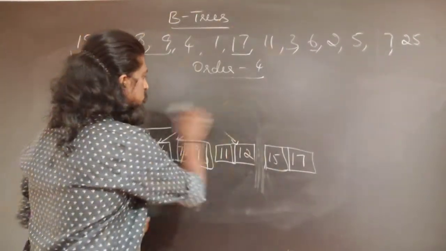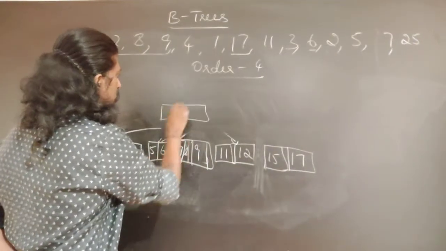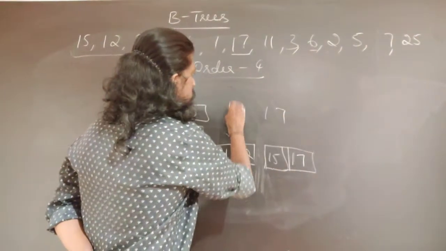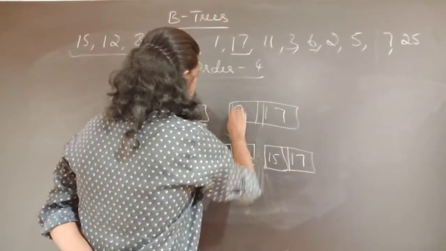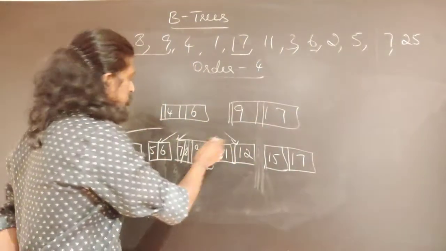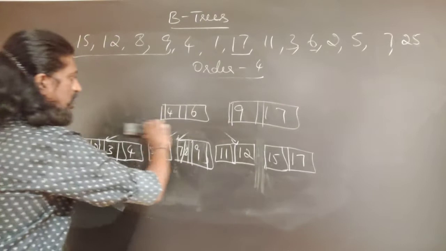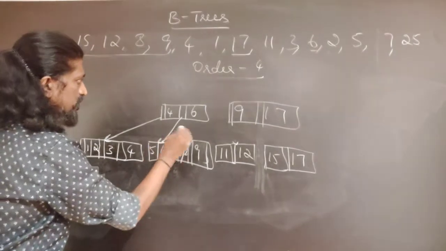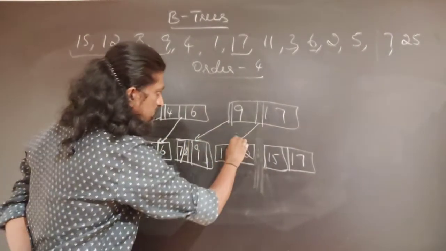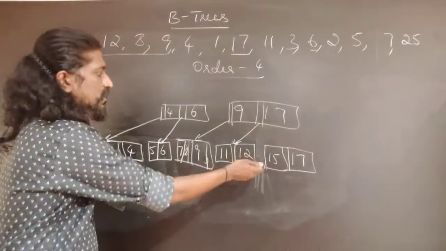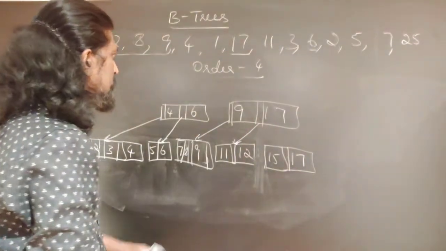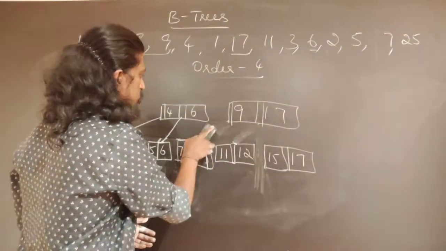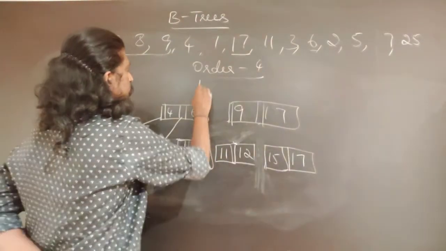Therefore we need to split the root also now. So therefore what we do is, we will split the root into 2, okay, and pointers, okay. Assigning the pointers is very, very important. This will be to the left of 4, in between, okay. So this will be here, this will be here, okay. Anyways, we have to insert one more key, okay. So 12 we have not yet promoted, okay. So first we will finish off with this